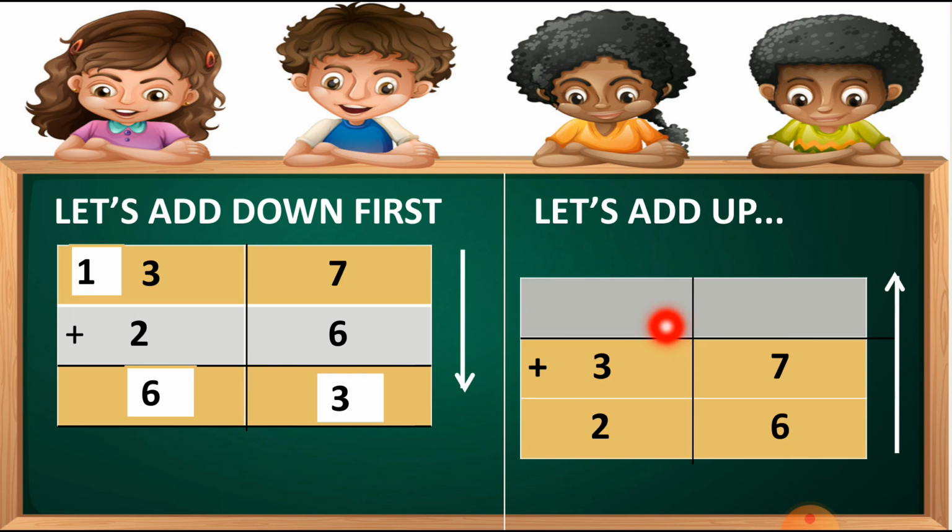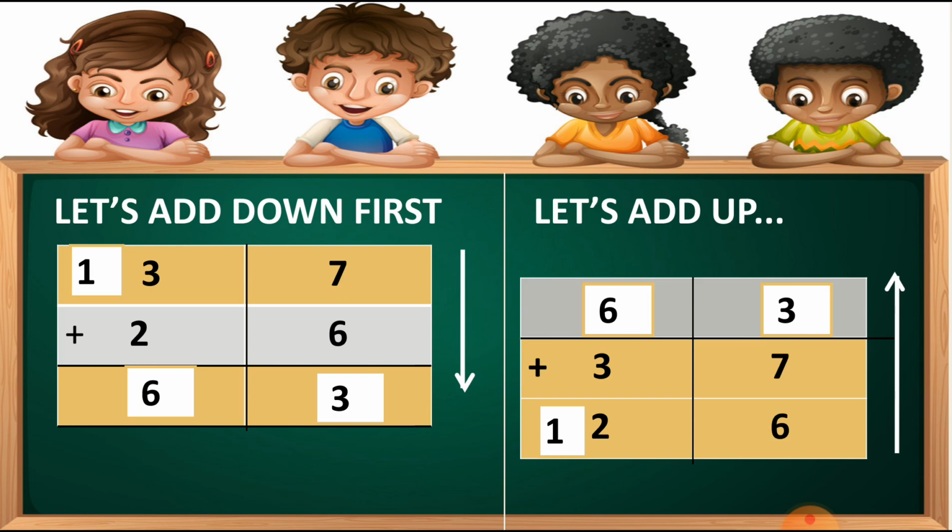Now let's move to the next one, which is 37. Here 37 plus 26. Let's add up in the second step, students. So here we take 6 first. 6 plus 7 is equal to 13. So I write number 3 at the ones column. Then put 1 as a carry forwarded number at the tens column. Now students, let's add the tens column, which is 1 plus 2 plus 3 is equal to 6. So you can see here our answer is the same, 63 and here is also 63. There is no difference in the answer.